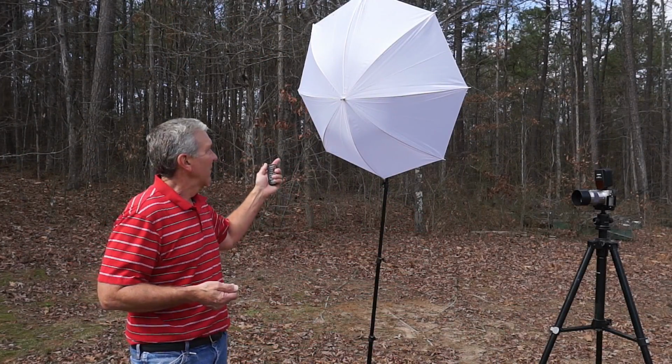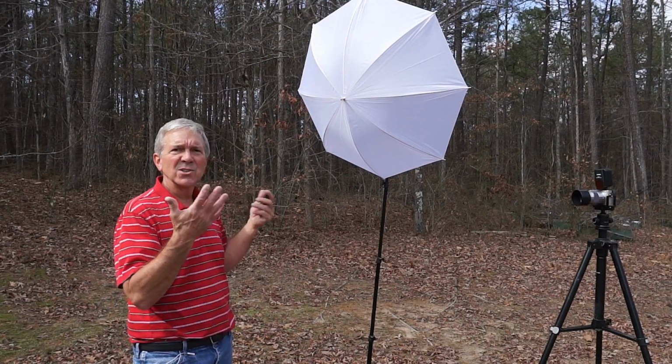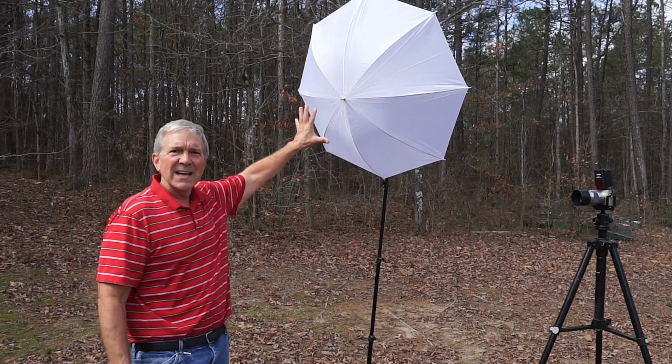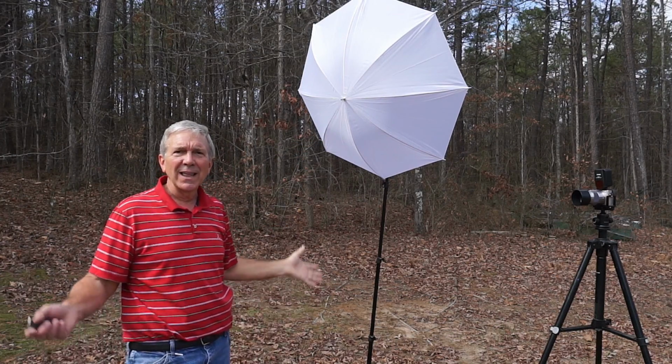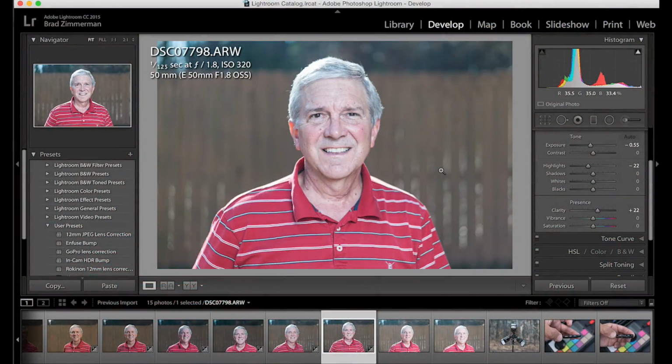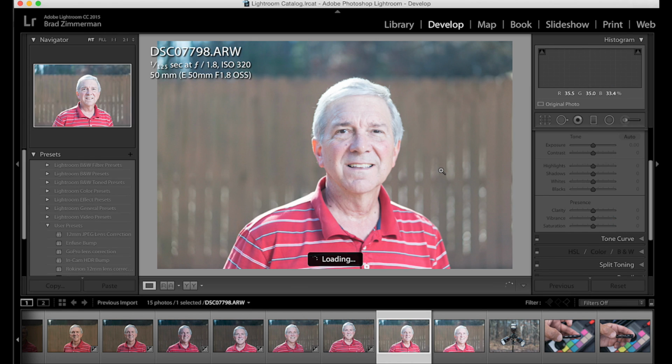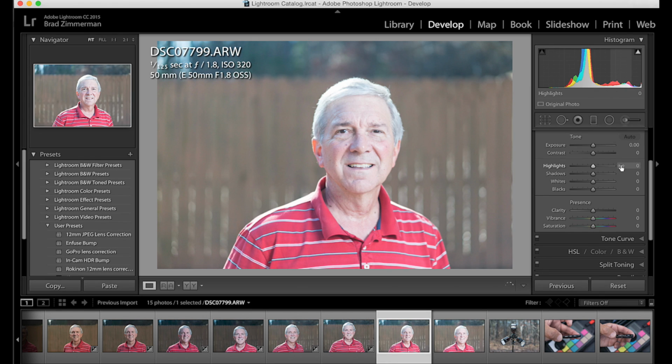The light through the shoot-through umbrella was much softer, much less specular than the light from the silver umbrella. Again, I found myself wondering a little bit how much of the fill light was actually the sun reflecting off the umbrella. Don't know. Okay, when I went from the silver umbrella to a shoot-through umbrella, I thought that I would lose a lot of light. I was really pleasantly surprised that I did not, and when I moved the shoot-through umbrella back to 45 degrees